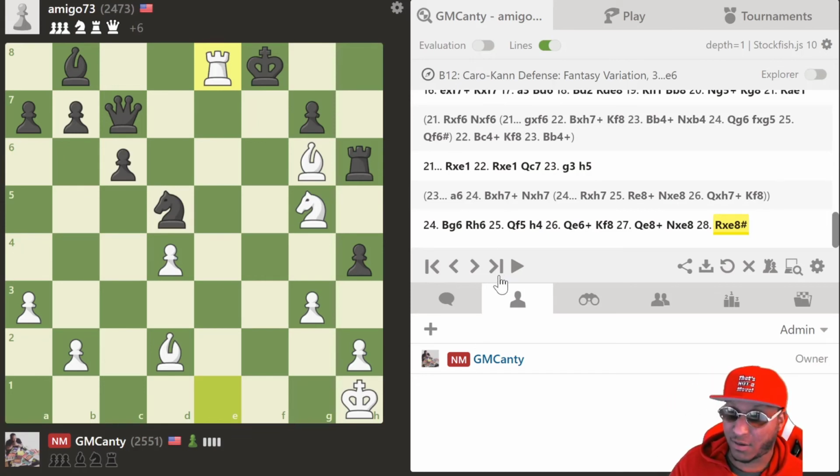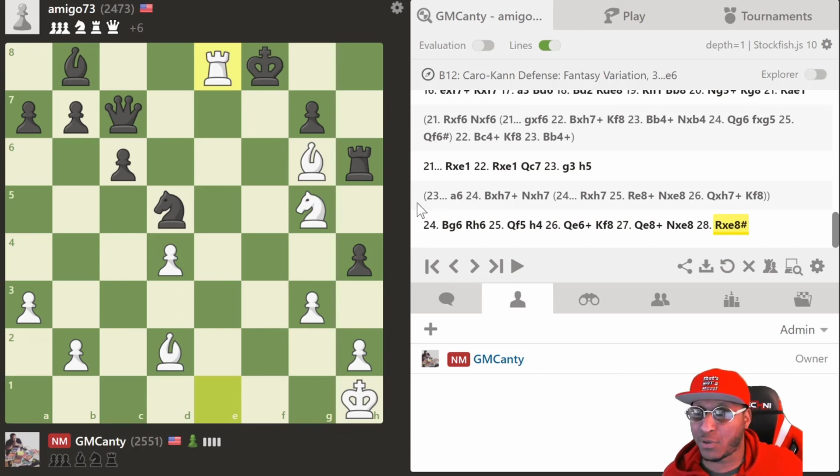So this is one of my, honestly, first games playing with this fantasy variation, and it was fun to play. It was fun. I didn't feel like, man, he got this. He's positionally strong. Nope, none of that. Straight tactics out the gate. And actually, doing some research, I learned that top players and strong players and super GMs actually do prefer playing in this type of fashion with the fantasy variation. It gained a lot of popularity